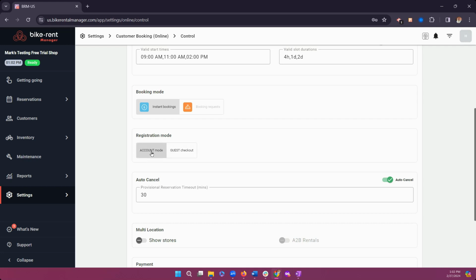Registration mode. The system defaults you to account mode. That would mean that the customer comes, the very first time they come on your site, they will put in an email and a password. They'll create an email and a password. And then when they come back, they will use that email and password to log back in. They're not logging into a portal. It just keeps from duplicating them in the system so you don't end up with 20 or 30 Bob Smiths